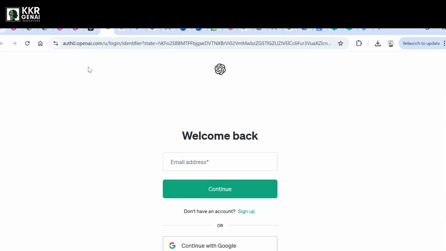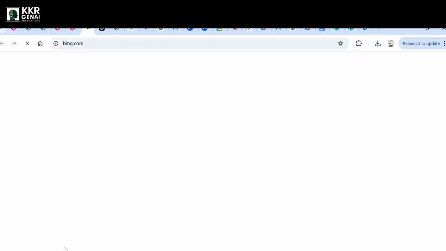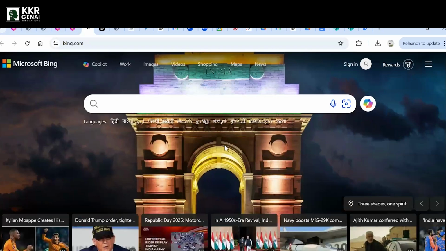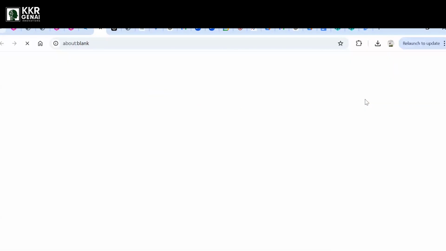Yeah, it is asking for authorization, but that's okay. And you can see all these tools, even the Microsoft Bing. Okay, this Bing is also a Microsoft tool where you can search. This is similar to what we have seen in Google. It basically belongs to Microsoft.